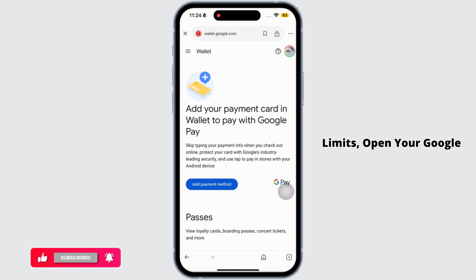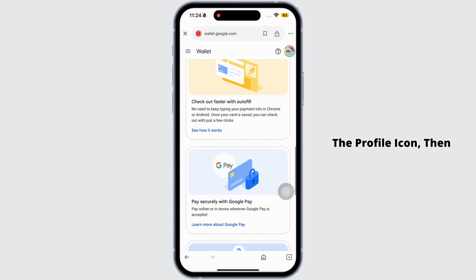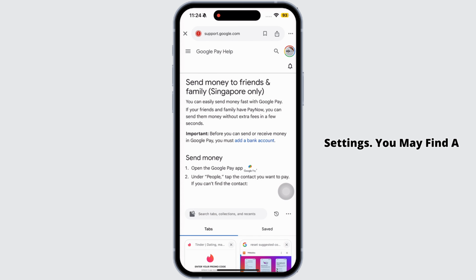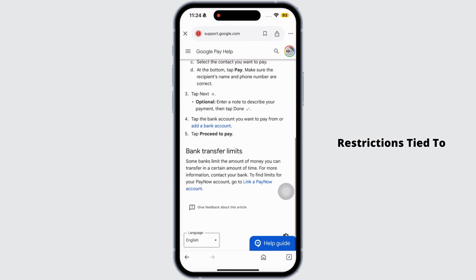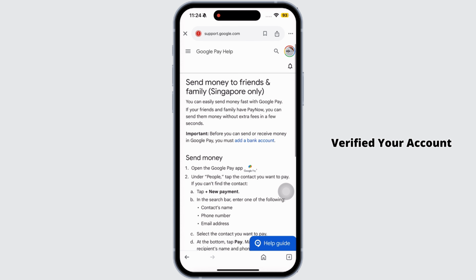To check your payment limits, open your Google Pay app, head towards the profile icon, then navigate to the option Payment Methods or Settings. You may find a section detailing your payment limits or any specific restrictions tied to your account or payment methods. If you haven't already verified your account with Google Pay, you may be subject to lower